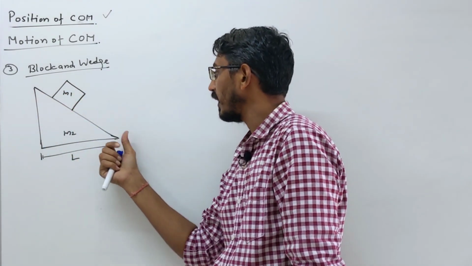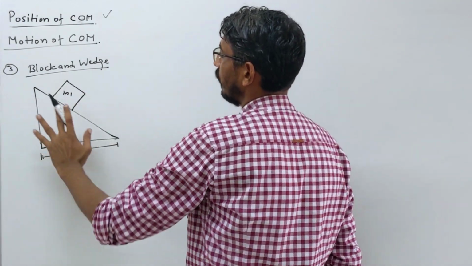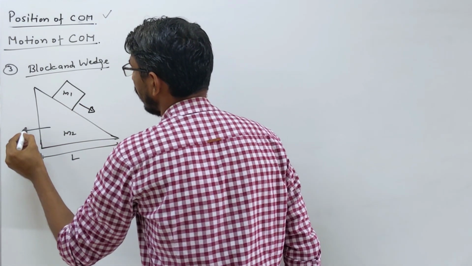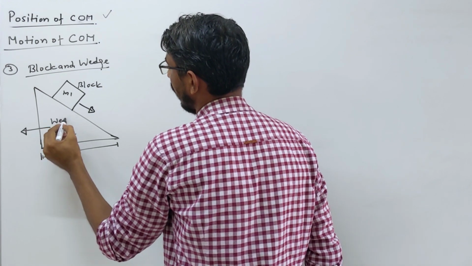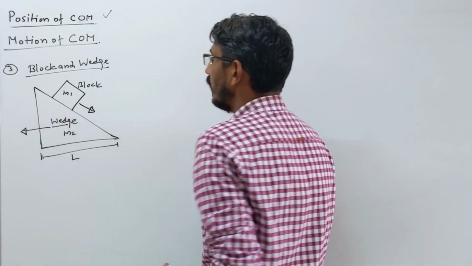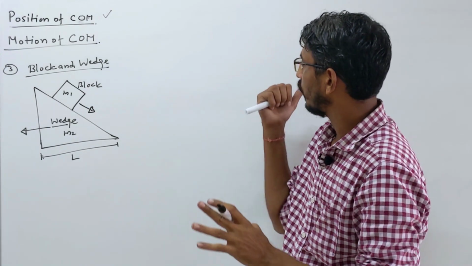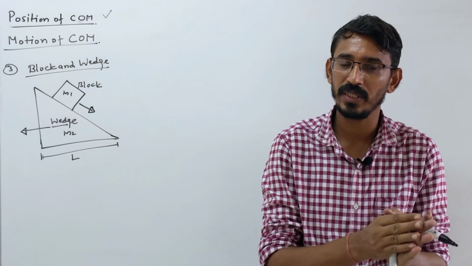When it comes down, how much will this wedge move backward? Obviously the block will push it backward, applying a force. So this block slides downward, then the wedge will move in that direction. This is the block, and that's what we call the wedge. They ask, same exactly like the 4-5 questions I have asked here: what is the shift in the center of mass? That's 0.